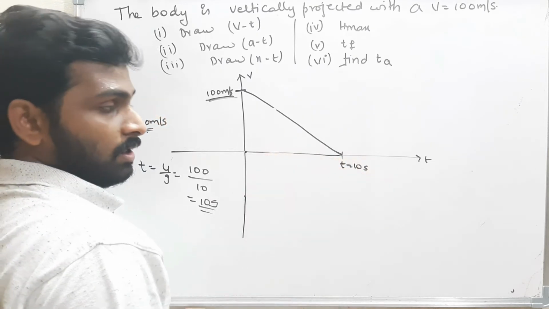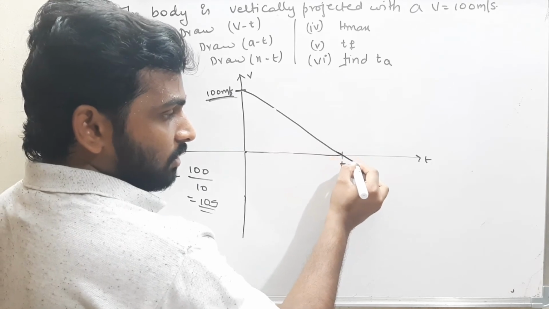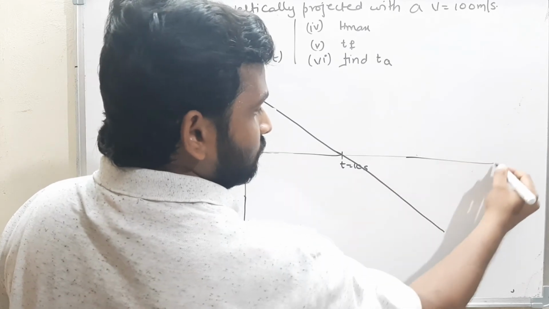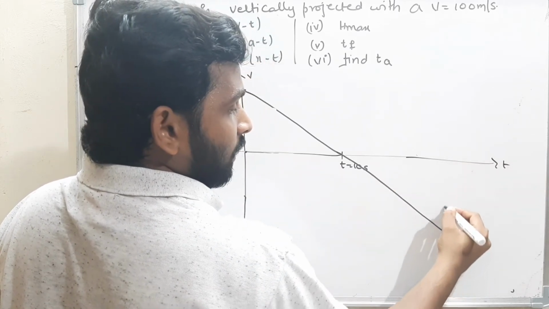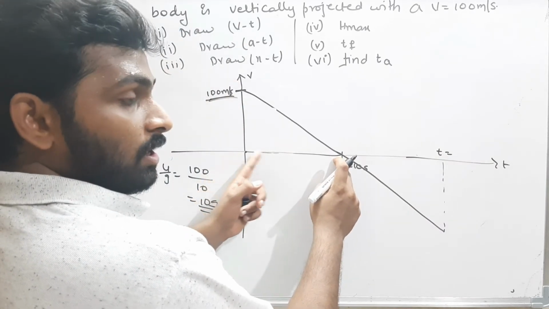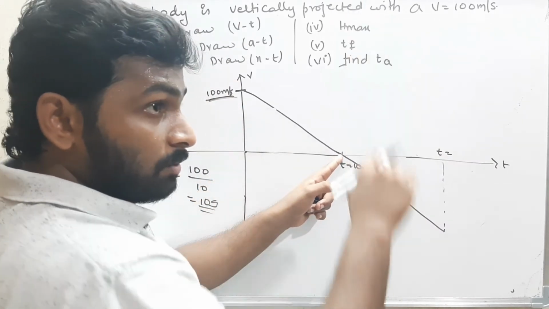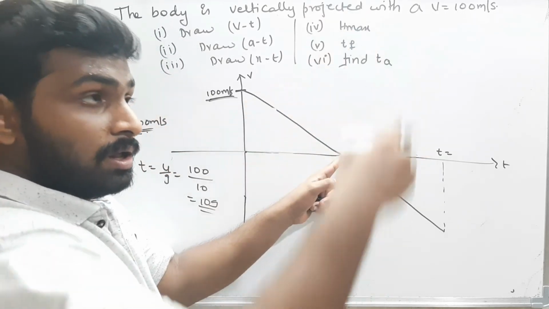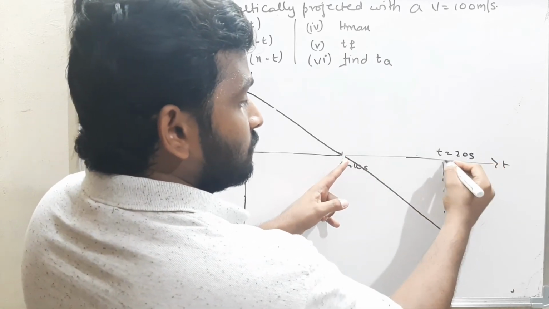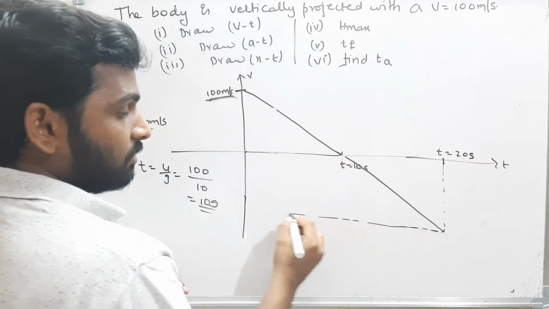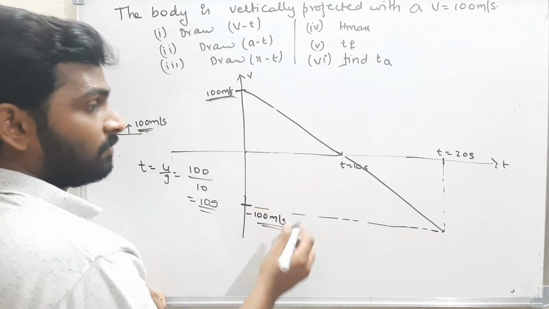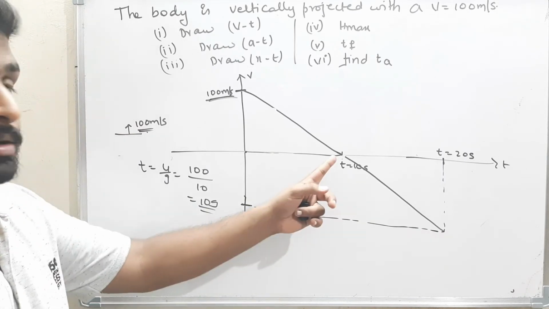That means at time T is equal to 10 seconds, the velocity of the body becomes 0. Again, the velocity will increase, slowly, and finally the velocity will stop here. Now, what is the time? At the time T is equal to the time of ascent. This is the time of ascent. Again, from here, the body is falling down. That means velocity is increasing, but in the opposite direction. To reach the ground, what is the time? The time is 10 seconds. Therefore, time is 20 seconds here. Now, here the velocity mark is how much? Here the velocity is minus 100 meters per second. This is a VT graph. I think this is clear.